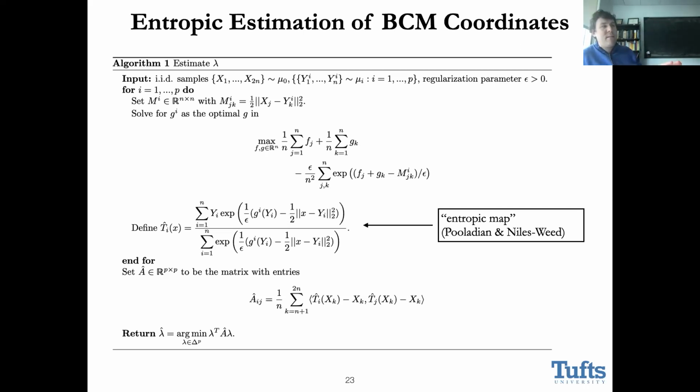So we use these entropic estimators. We build the matrix A from the entropic estimates of the transport maps, and then we're basically just doing plug-in estimation. I want to solve this quadratic program. I need to estimate the matrix A, which depends on the transport maps. I'm going to estimate the transport maps, plug those in to estimate A, and then solve the problem with the estimated matrix A in place of the true thing. So this is my algorithm. It's efficient in the sense that getting the entropic map is essentially quadratic in the number of samples, and I only have to do it p squared times, or p choose 2 times. So arguably this is fairly efficient computationally, and probably we can't do any better.